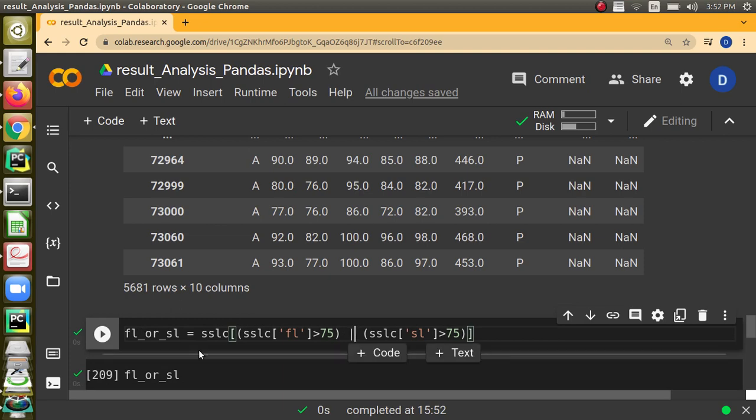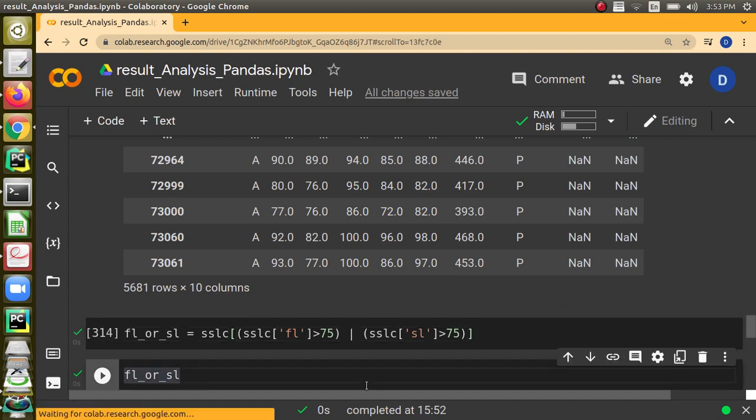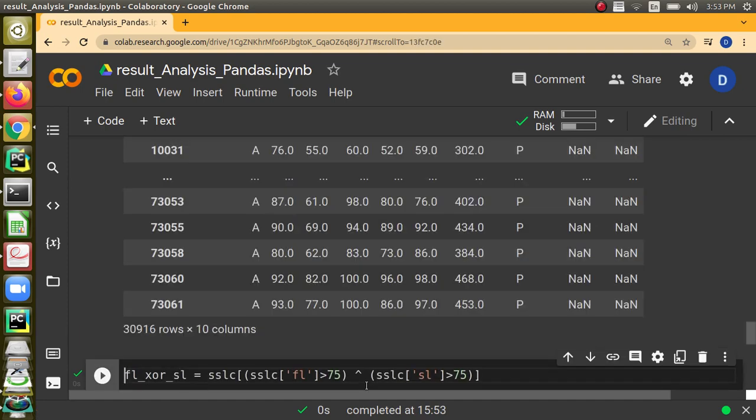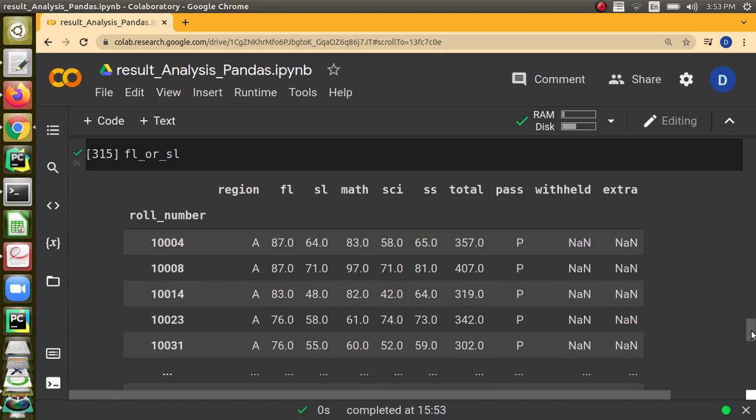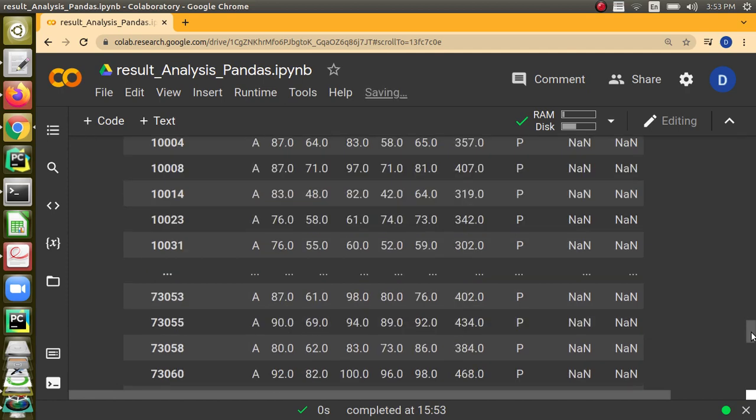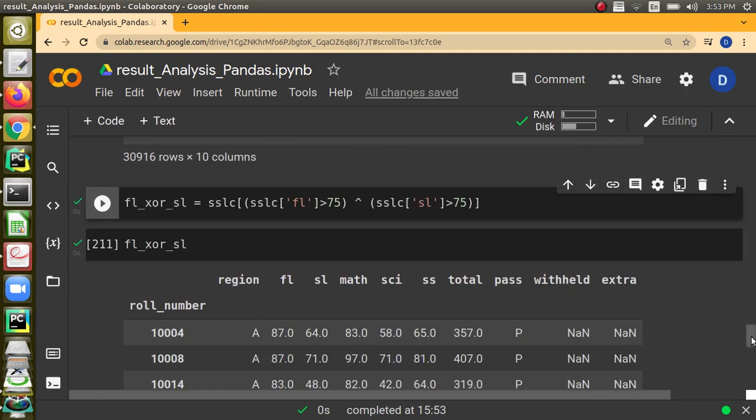We are telling here SLC of first language greater than 75 or SLC of second language greater than 75. And this new data frame is FL or SL. Now you can see the marks. You will see that one of the values will be greater than 75. It's not required that both should be greater than 75, right?